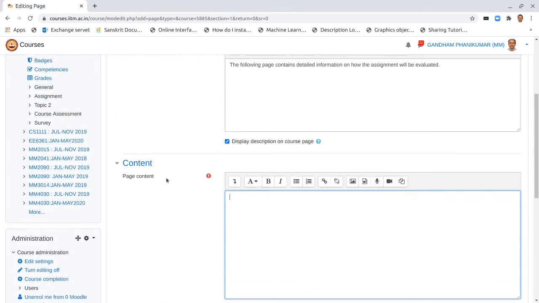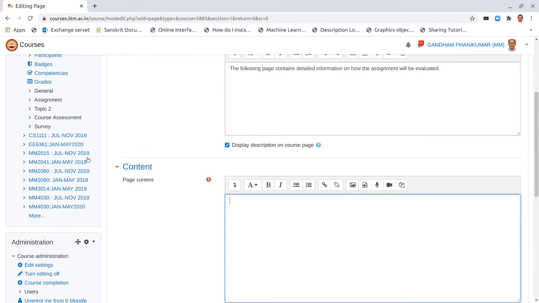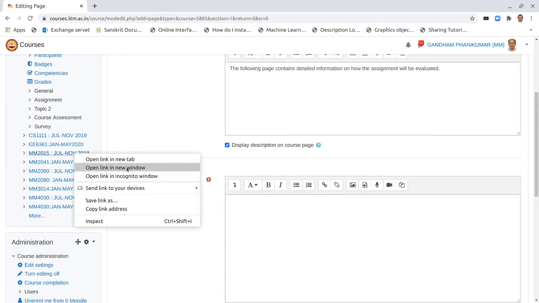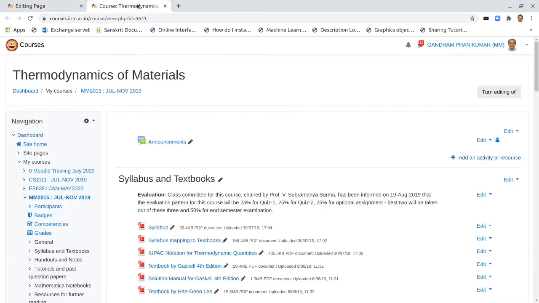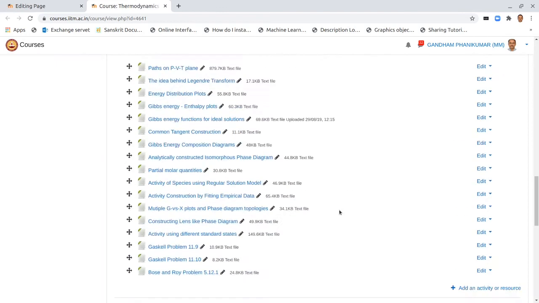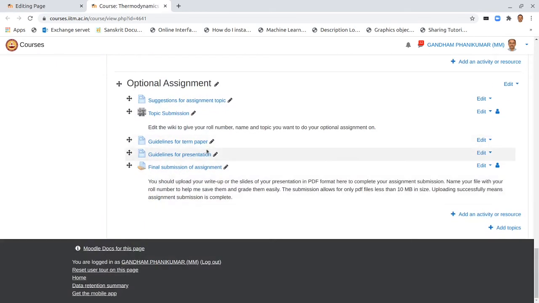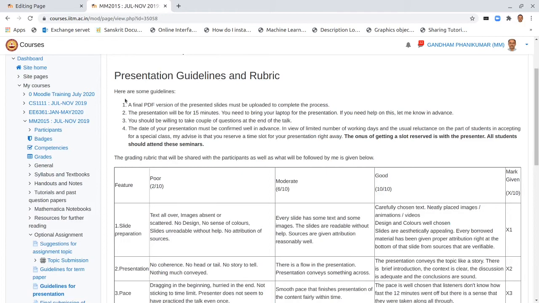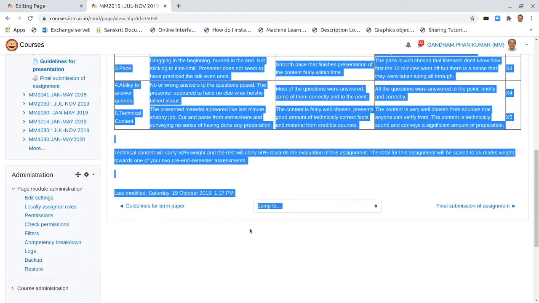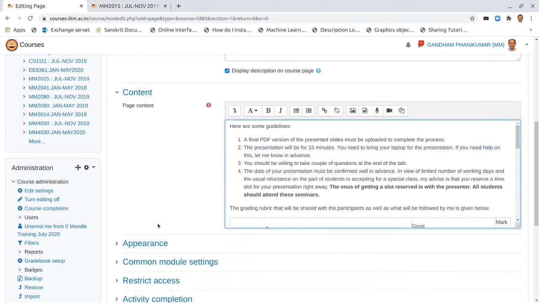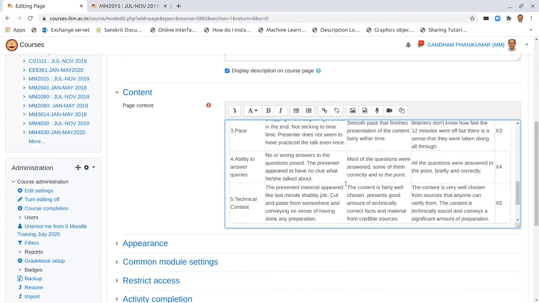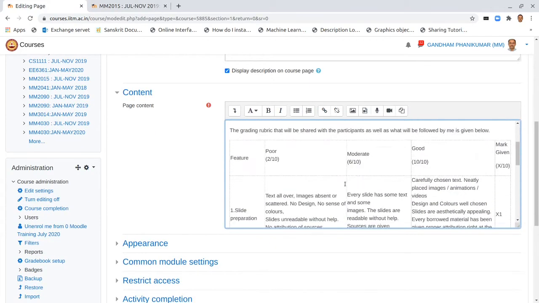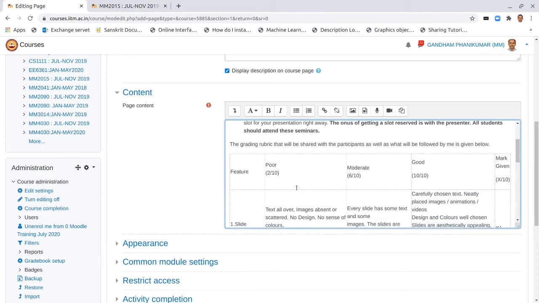So I'm just taking from one of my other courses. I just open it in a new tab and scroll down. Okay, so this is the text and I just copy paste all of that here. Okay, so we have the tables, everything coming in, and the rubric tells a definition of what do we mean